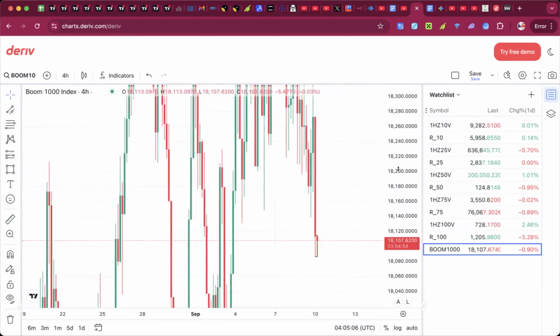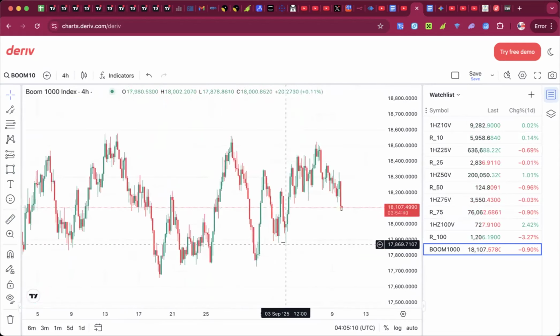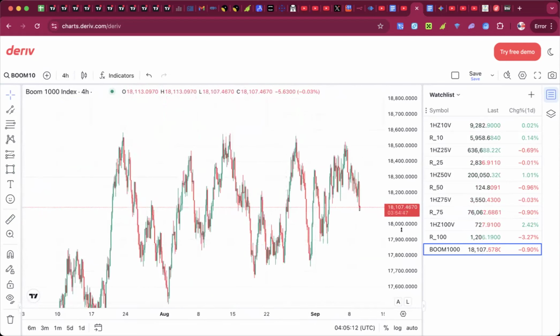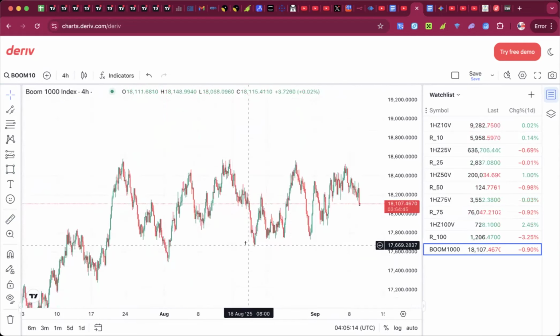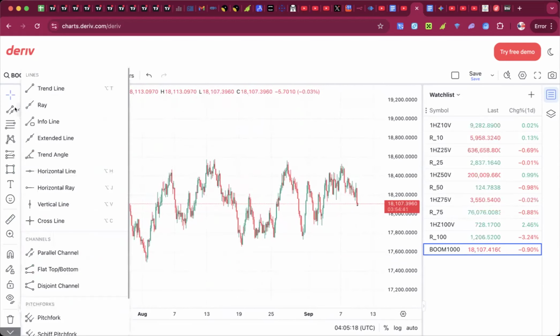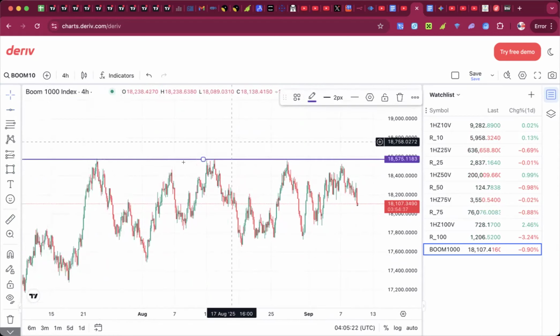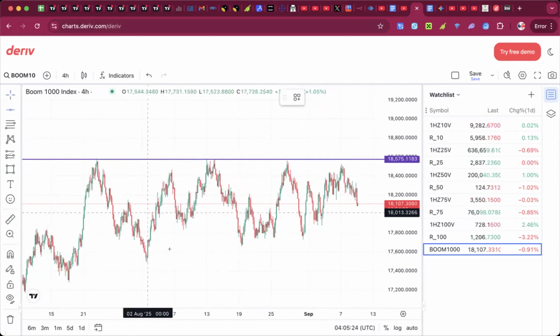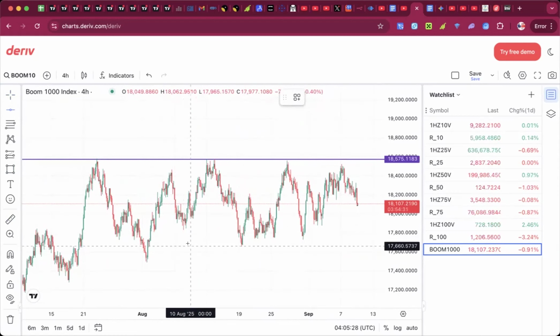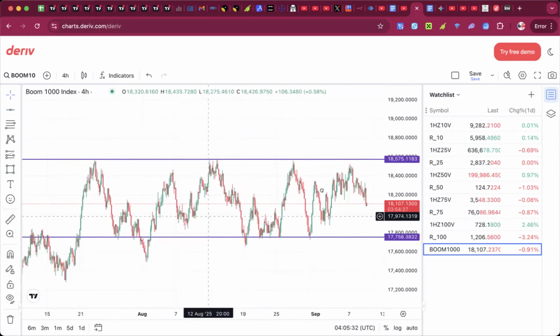And I can tell you now, you can see that aggressively, the market has been ranging low, right? You can see this has been a range market for a very long time. So look at the high here. If I take a horizontal line and hook up here, good. Then take another horizontal line down here. Okay, so if you look at this trading range here,